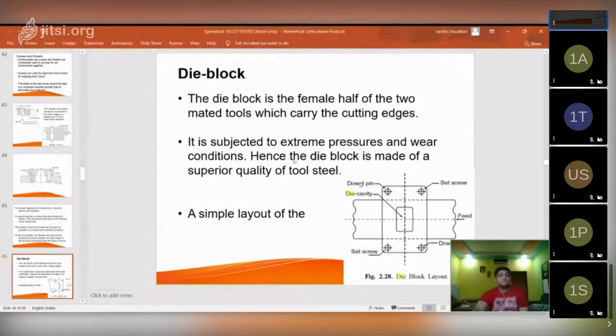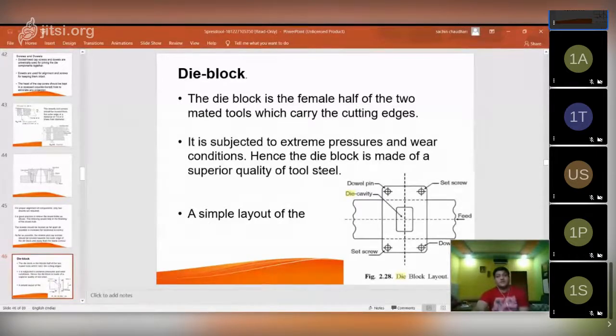Whatever pressure the punch applies acts directly upon the die block through the sheet metal, and due to that it is also subjected to very high wear conditions.